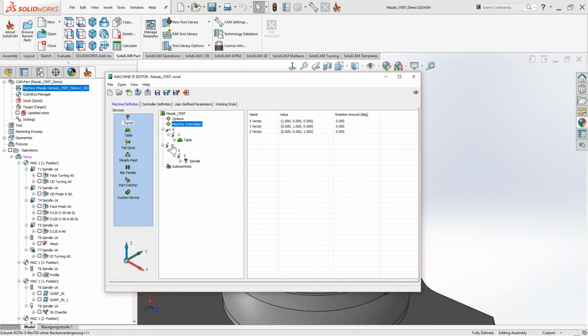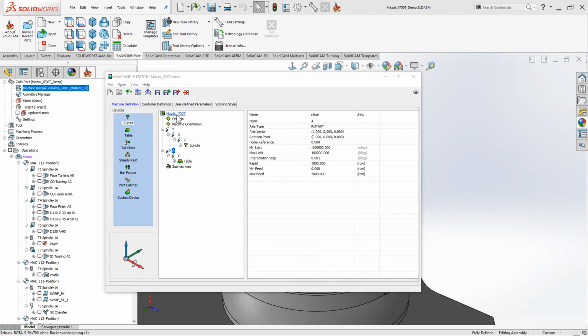First of all, the order is completely fine. What I would like to have is first the linear axis and the spindle itself, and then the rotary axis and the table. So what I can do is just move the A axis to the VMID itself, the icon, and that will bring my axis to the very bottom. Okay,